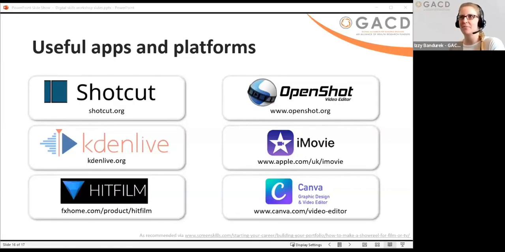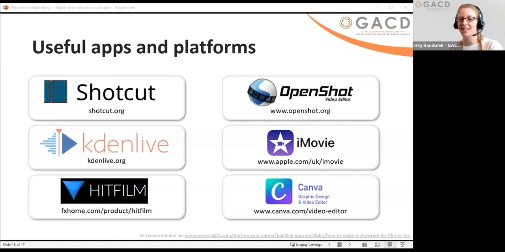Sure. So I've just got my screen up again, and as Echo said, he was using CapCut, but there are a few other ones that you might want to try out. They might be a better fit for you, or they just might work better in your region or for your file types. And these are just a few ones that come up a lot. There's often free versions of them, and before you have to upgrade, you can get a lot done on those. And some of them are just open access and free anyway. So have a look at these ones as well as CapCut and see what you like best.